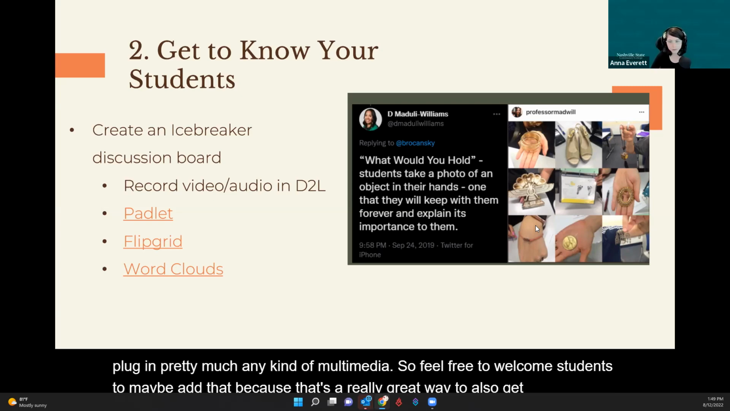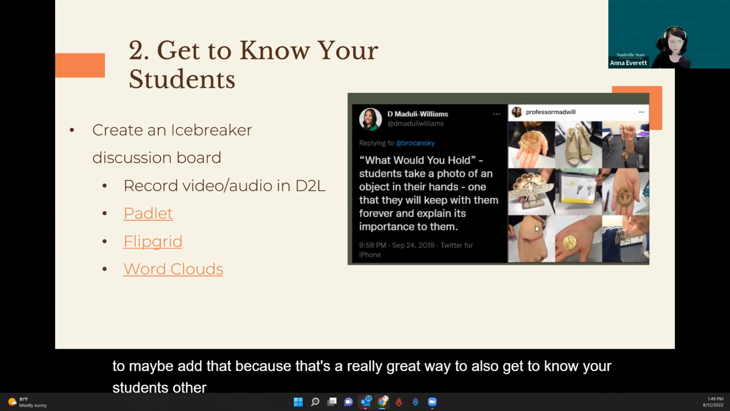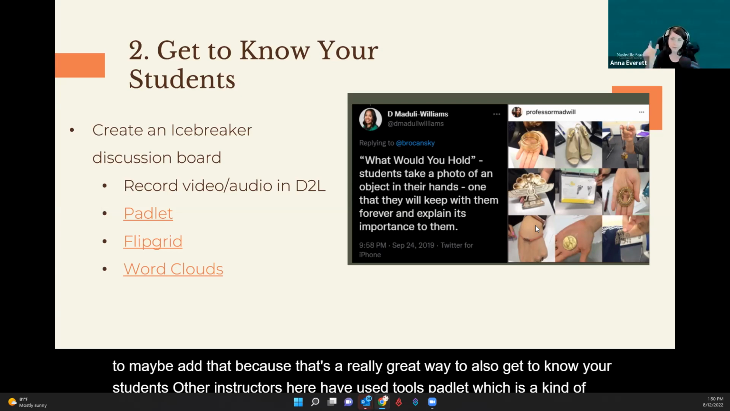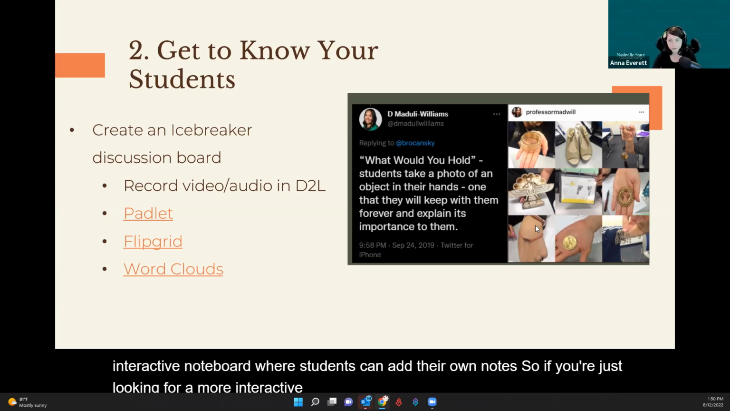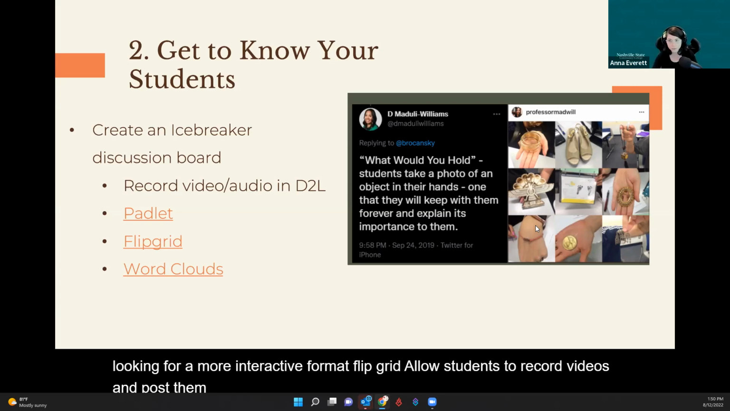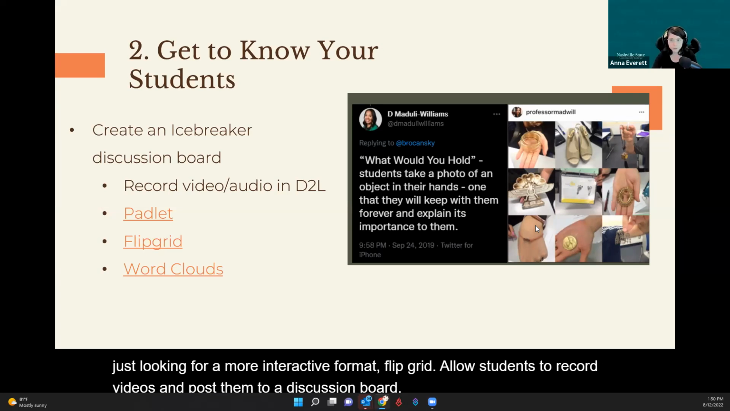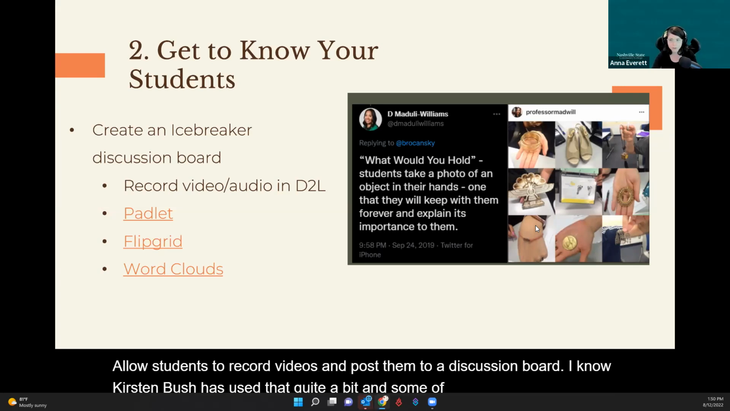Other instructors here have used tools like Padlet, which is a kind of interactive note board where students can add their own notes. So if you're just looking for a more interactive format, Flipgrid allows students to record videos and post them to a discussion board. I know Kirsten Bush has used that quite a bit, and some of the other instructors in the education department